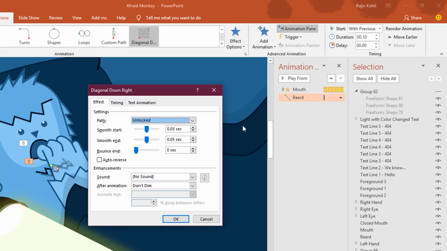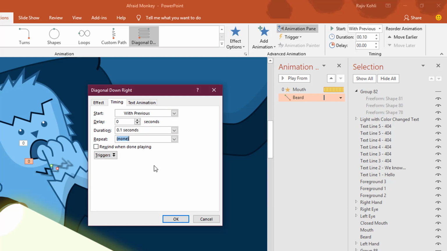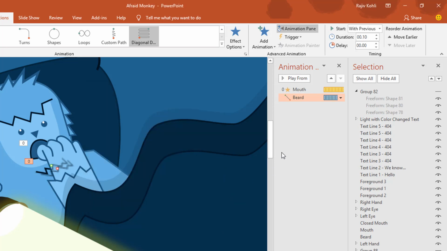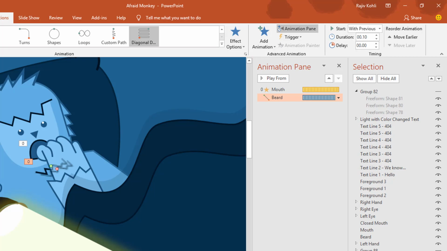And I also want to auto reverse this effect. I want to move the beard to the diagonal down right, and then I want to reverse it back to the original position. That is why I am using auto reverse for this effect, and go to the timing tab, and I also want to repeat this effect 25 times. Hit the OK key. Okay, let's see the slideshow.